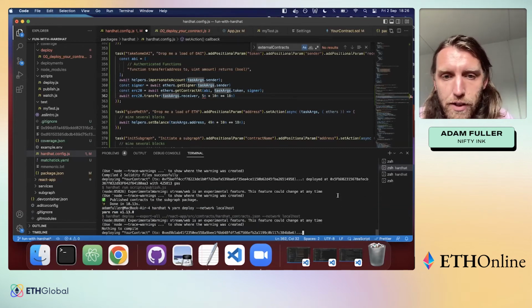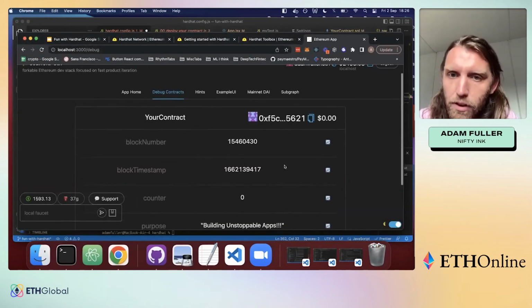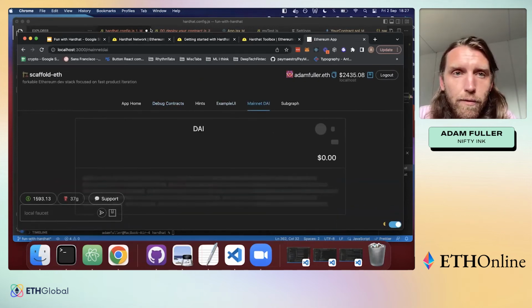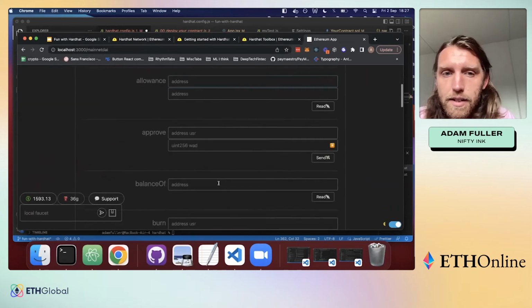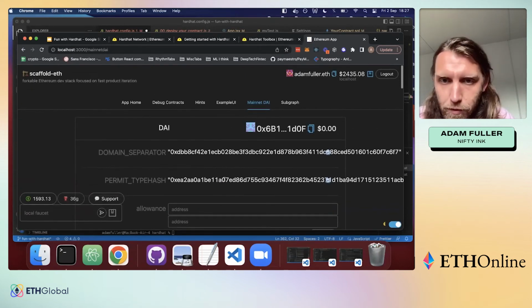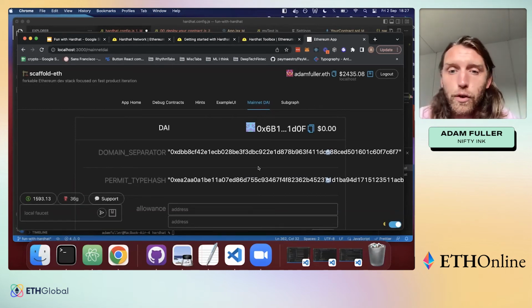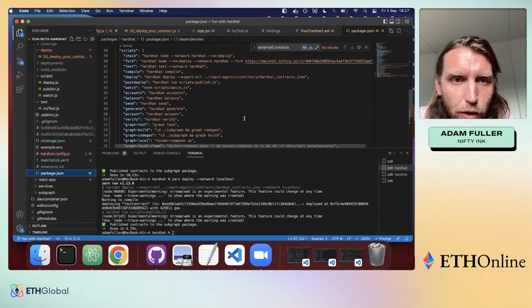Lets you interact with this chain as if it is a real chain. So this is one where essentially if we go to DAI, refresh this, this is the DAI contract on mainnet, but my local fork is essentially looking at this. And so the way that this works, if we go to package.json, is that when you run fork,